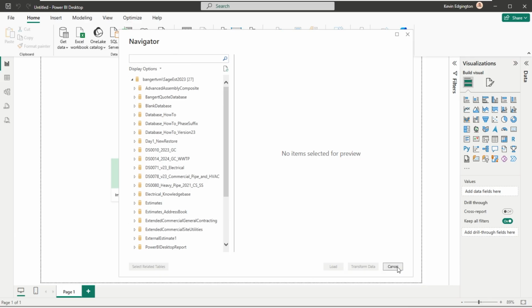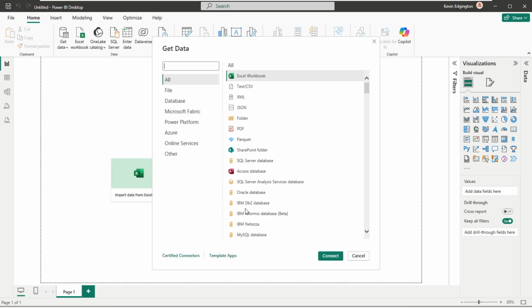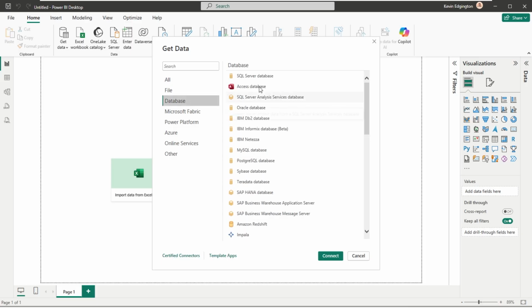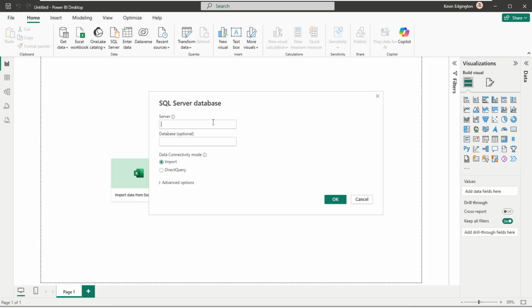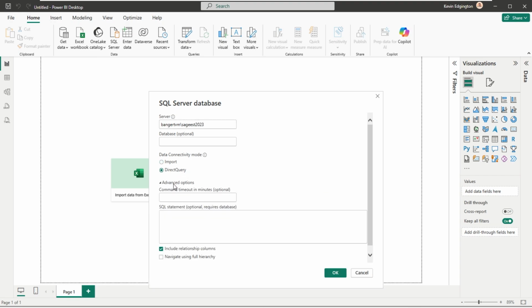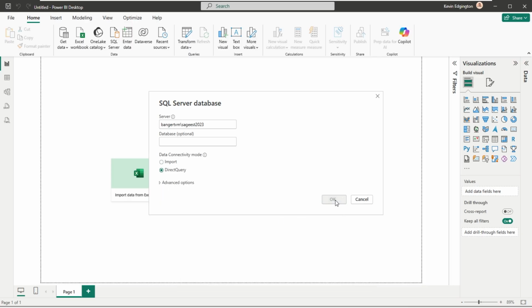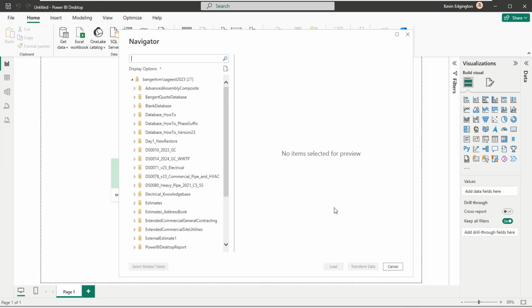Let's go back. I'm going to do that again because there was one more step that, because I was already logged in, it skipped on me. So let's go back to that SQL server again. Usually another screen that comes up before this one is a login screen.